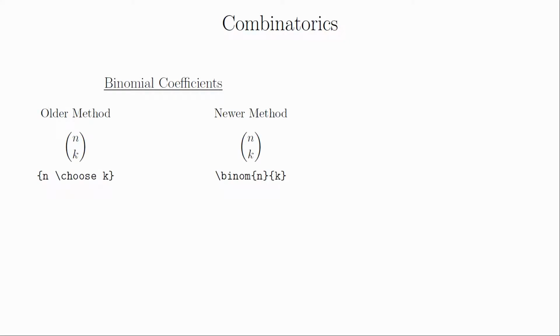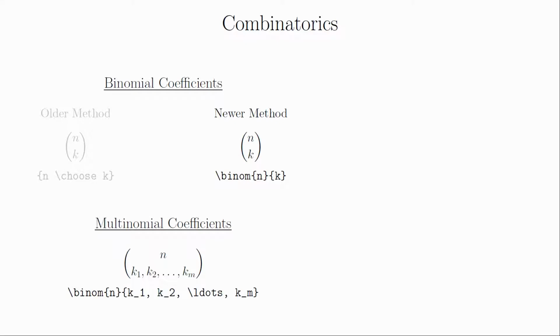There are two different approaches. I'm showing you the old method because you'll see it quite commonly, but you should get in the habit of using the new method. The reason is that the new method fits more consistently with how we code in LaTeX. The choose command operates like a strangely written function where arguments are on both sides of it, but binom is a function and it looks like all our other typesetting functions like frac. A nice feature of this notation is that it extends easily to multinomial coefficients by just changing what we put inside the second set of brackets.